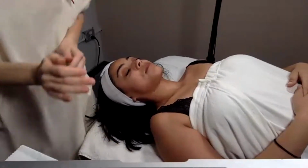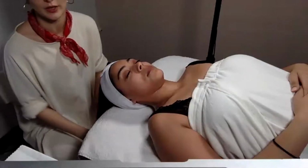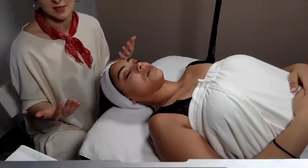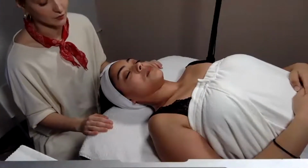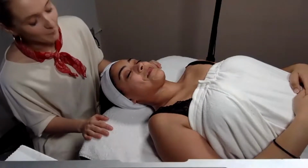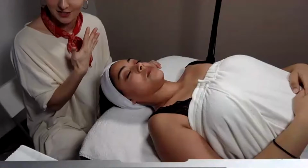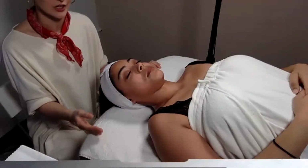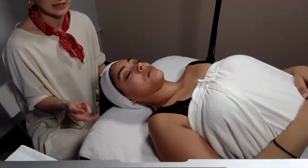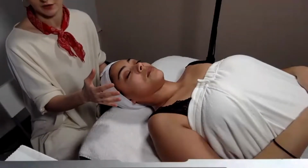And so we're going to get into the left side now. One thing that I had mentioned really quickly before I start taking questions is when you're running a facial, let's say somebody comes into you with a particular problem area. So for example, Priscilla has perfect skin, so she doesn't have any concerns here. But let's say somebody has, like me, I'm exhausted all the time, get no sleep, you've got these bags under your eyes. If somebody comes into you with that concern and they say, I really want you to focus on it, there is some adjustment you can make to your technique. What I would say is for the first 7 to 8 minutes of the side of the face,